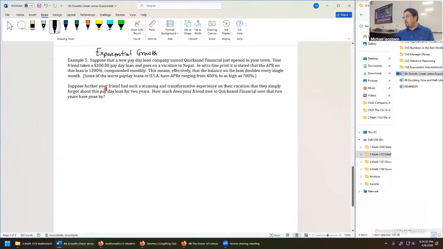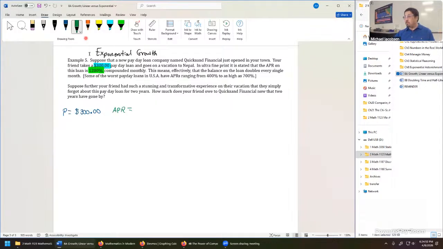So here's what we know so far. There's a principal amount borrowed, $300. We also know an APR, it's 12,000%. So the APR on this,